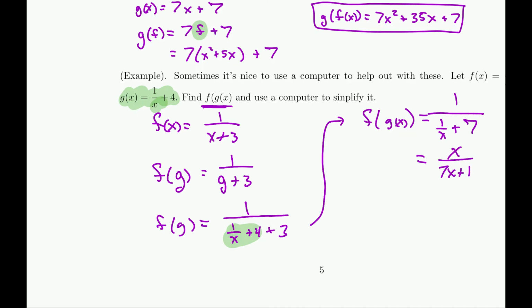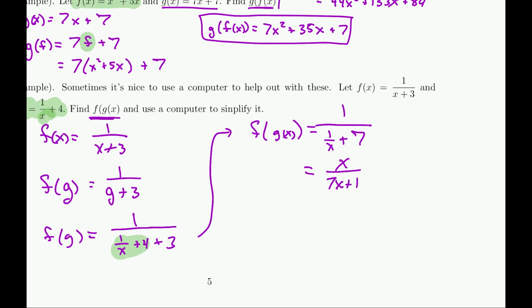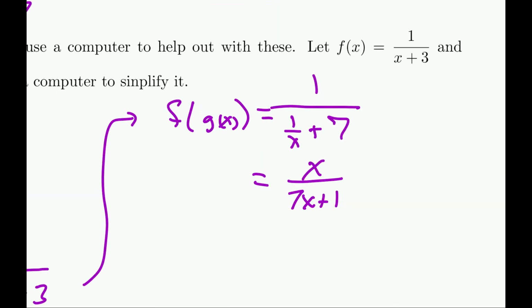Now, how would they get that, by the way? Well, I'll just show you by hand. What they did was they said, well, we don't like having a fraction in our fraction. So what we're going to do is multiply by x on the top and by x on the bottom. And if you do that, you get,